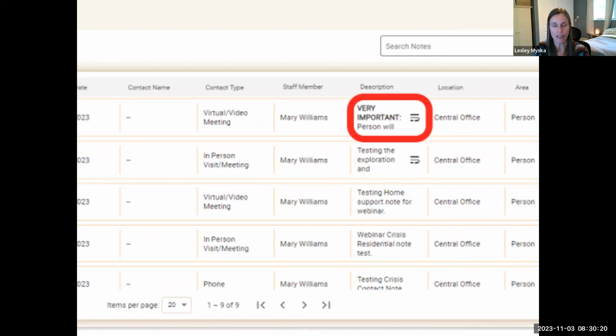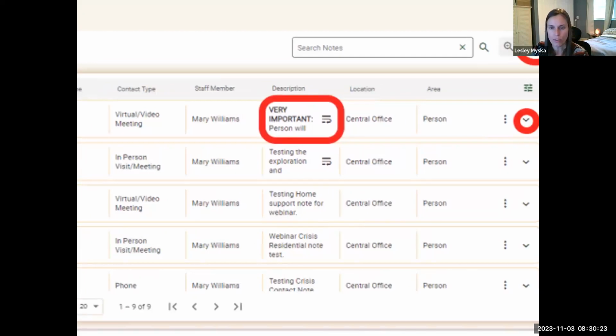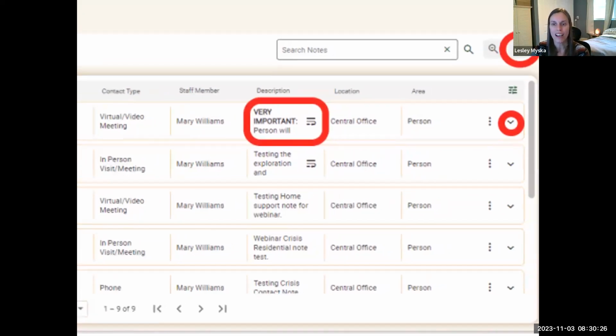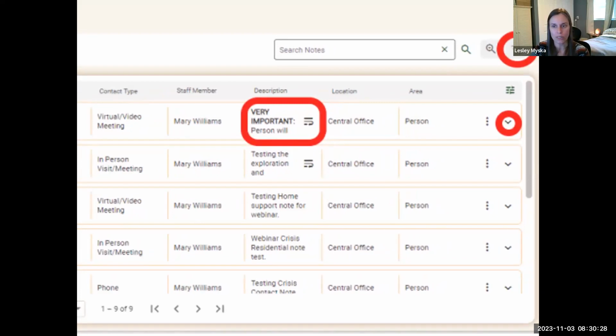The first 50 characters of the description, or approximately 50 characters, I think it's 50 characters of the description. We'll definitely add that to our FAQ, the total number. And then the text wrap icon will be displayed if more than 20 characters is in the description, because we didn't want the rows to become too large here. So you can click on the little caret icon to the far right to expand the drawer if you want to see the additional 30-ish characters that might be being displayed here on this list page.